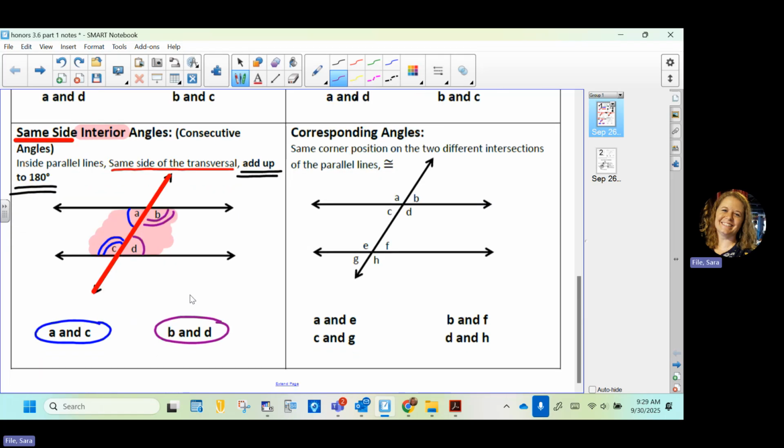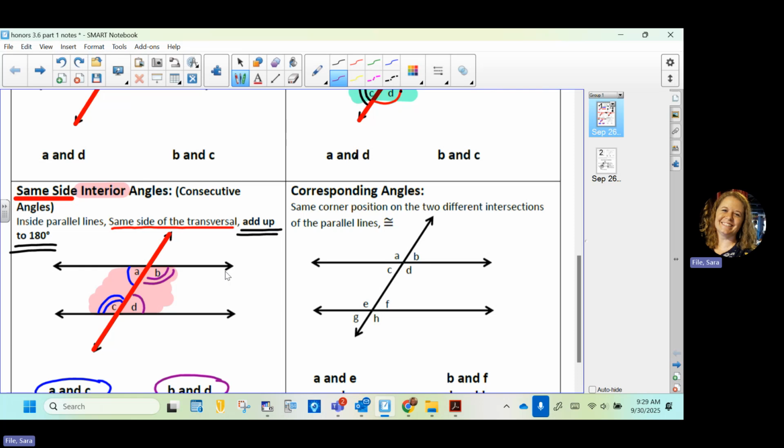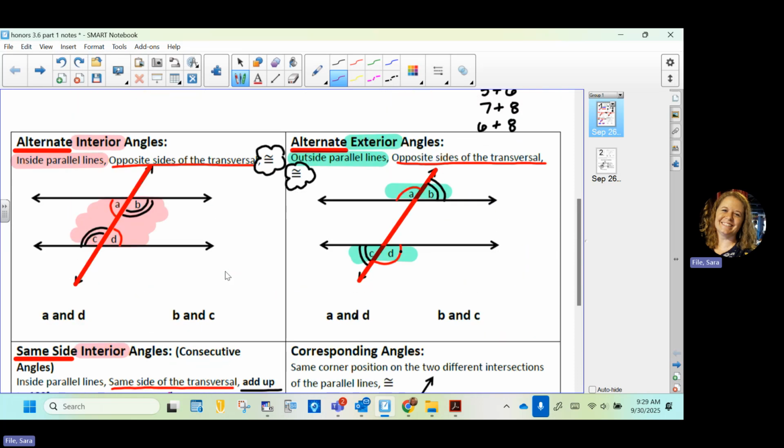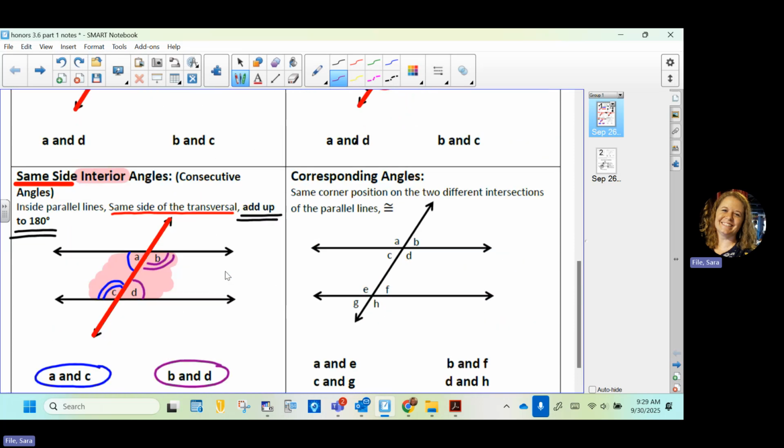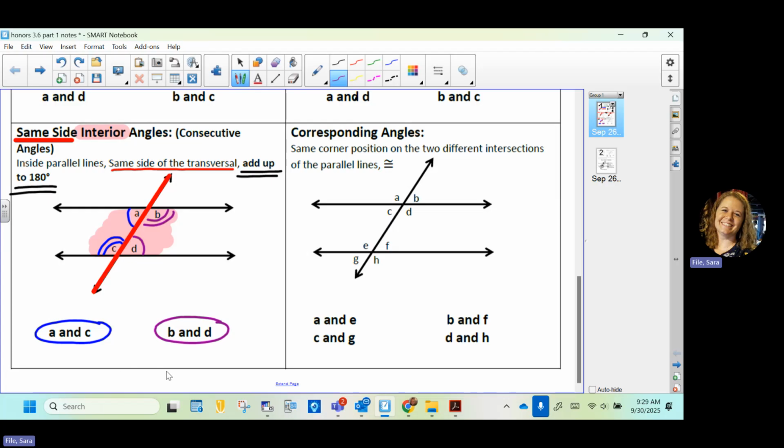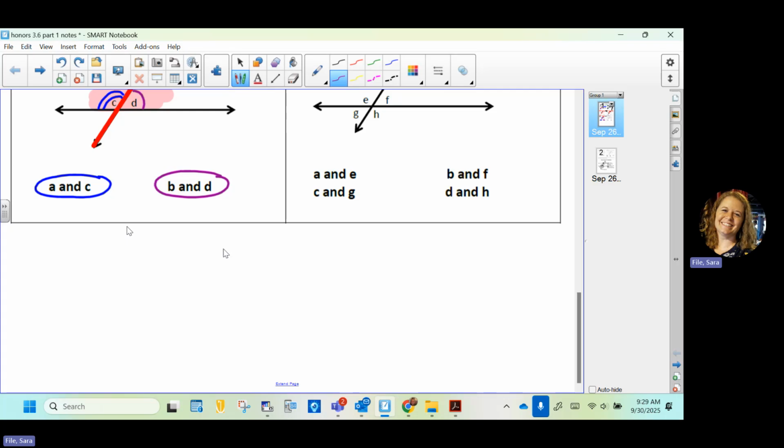Now, I'm not really sure why I got these notes from our team. One of our other teachers shared the notes. I don't know why they don't list same side exterior angles here. So I'm going to add it just underneath here. Is there a little margin or something you can write in? There's no margin? Is there any space on the back? Okay, well,